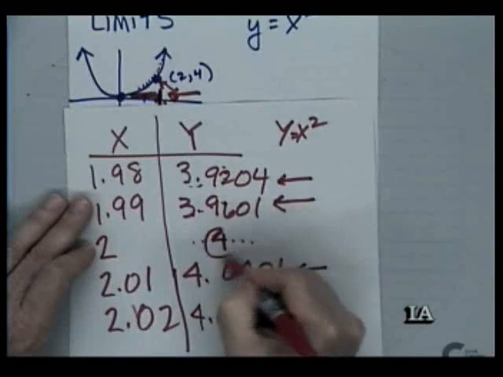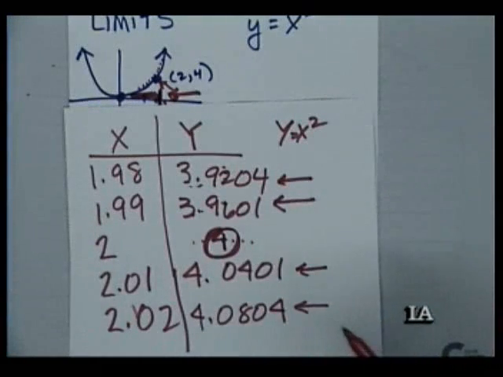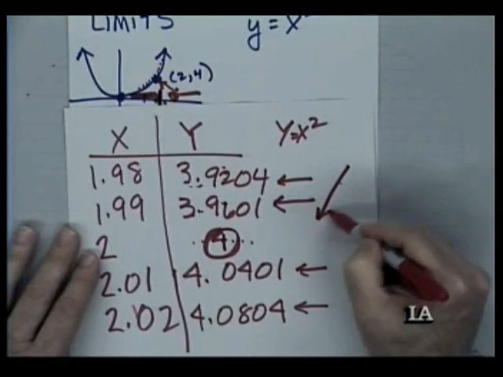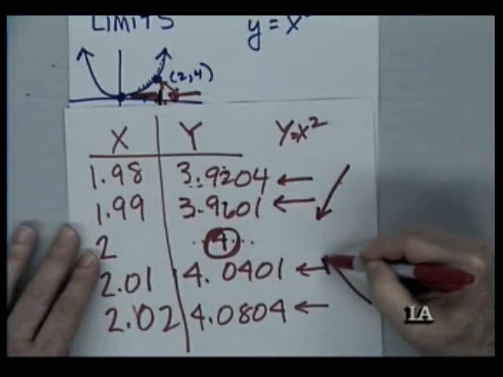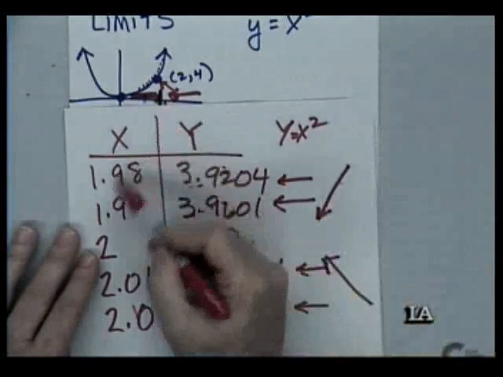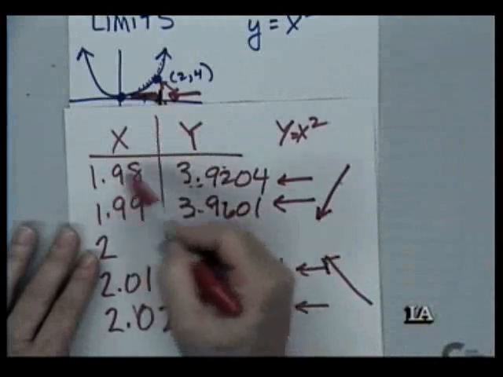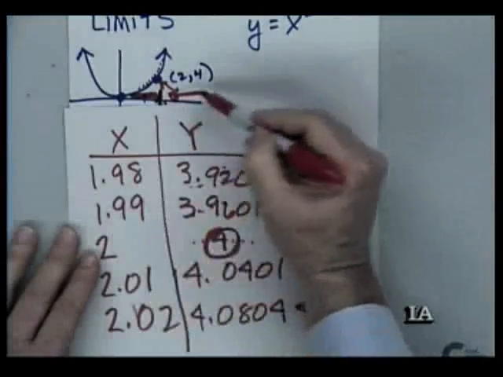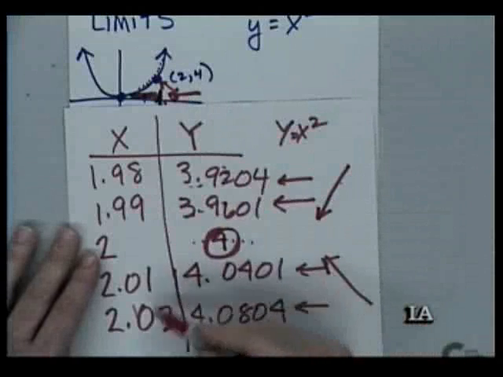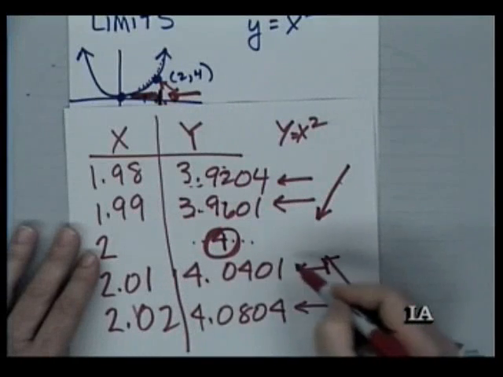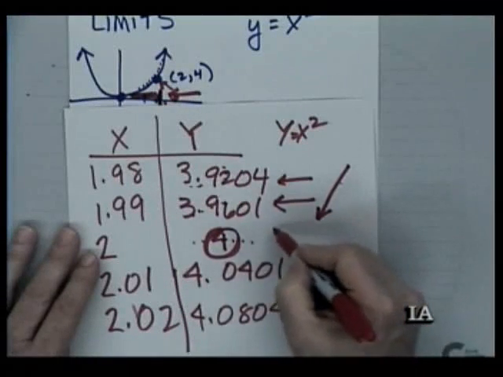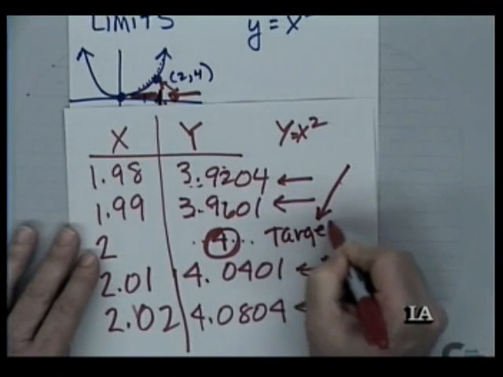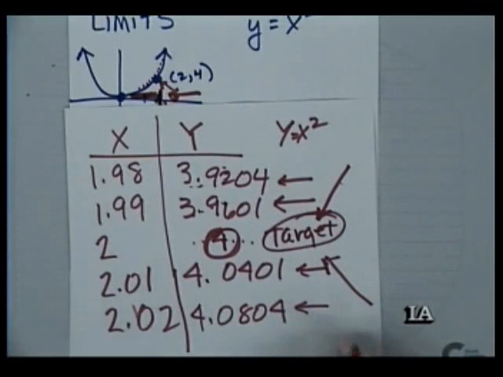Well, obviously, we know 2 squared is 4. What we're looking at with a limit is, if I go from the left-hand side, which are the numbers less than 2, and if I come in from the right-hand side, which are the numbers a little bit greater than 2, if I get closer and closer to 2, is there a little target number in there that I'm going to hit? Well, if I look at it numerically,